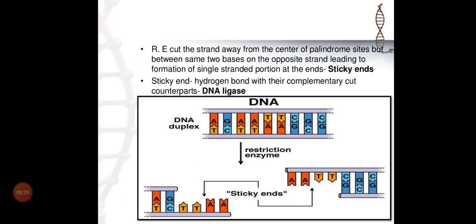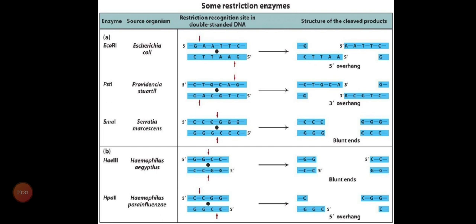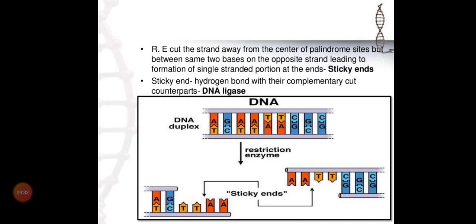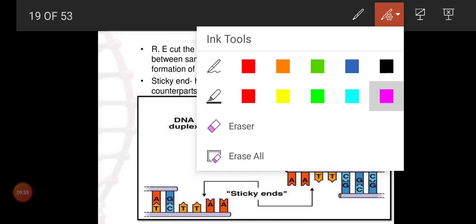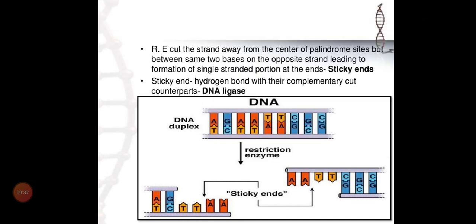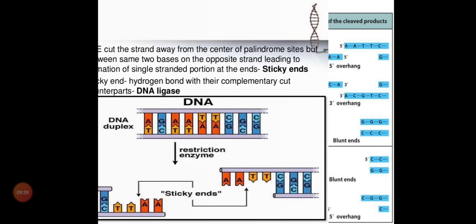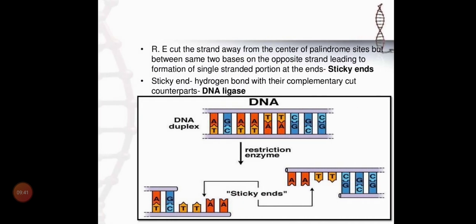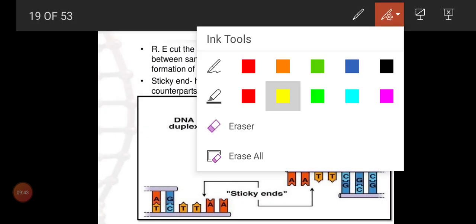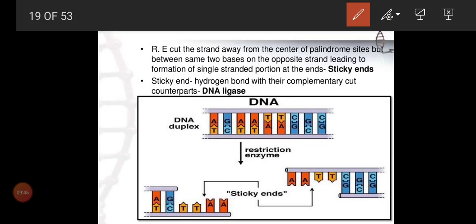Now look at this DNA. This is the structure of DNA and it is like a ladder. Here a combination of base pairs like AT, GC, AT, AT, TA and GC, GC, GC. So here